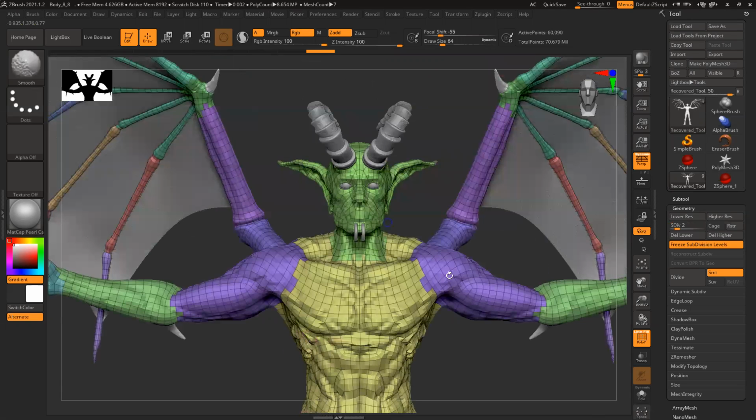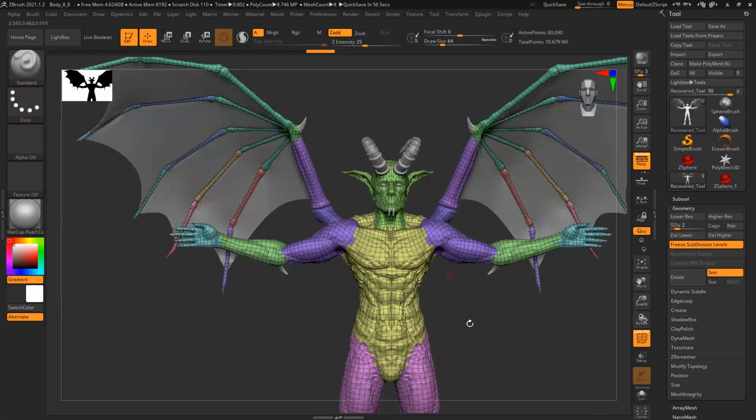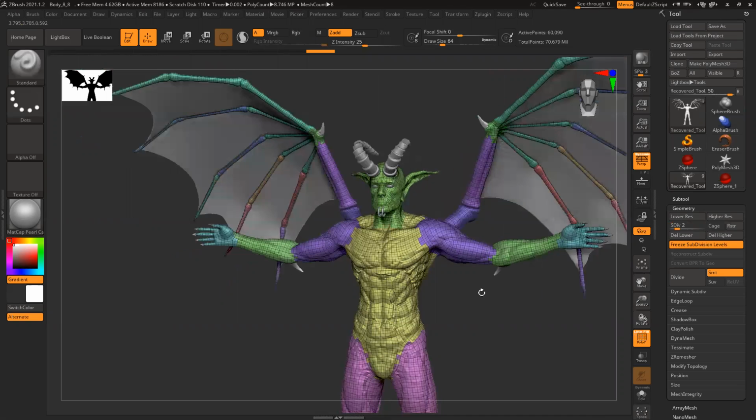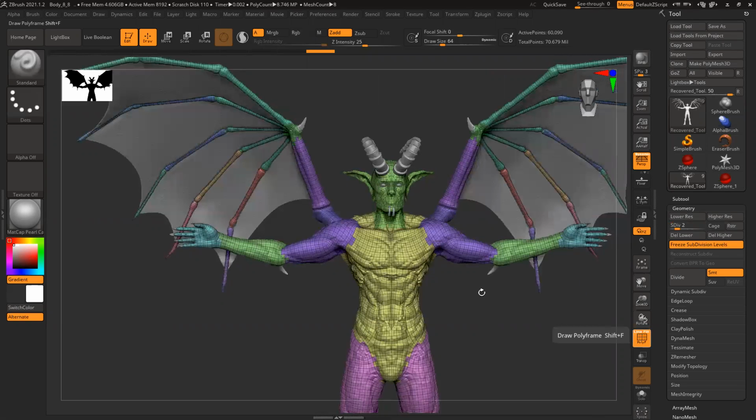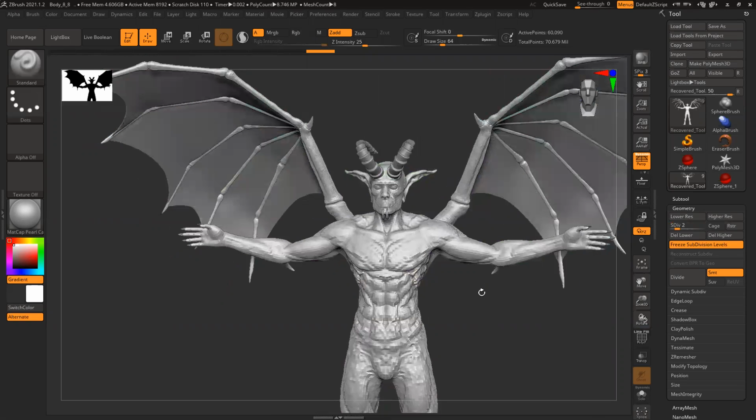शिफ्ट एफ करो, सर वो पॉलीग्रुप हटाओ, सब दोबारा डिवीजन 2 पॉलीग्रुप में डालो। एक मिनट, डिवीजन 1 का ही नहीं, सर, पॉलीफ्रेम ऑफ करो, सबडिवीजन 2 का पॉलीफ्रेम ऑफ करो। हाँ, अब आ रहा है, देखो अब लाइन दिख रहा है ना, तो ये थोड़ा सा डेंस है, तो डिवीजन 1 की इंस्टेड ऑफ डिवीजन 2 यूज़ कर सकते हो। ओके, तो इसी को बेस मेश यूज़ करें उसके लिए ना।